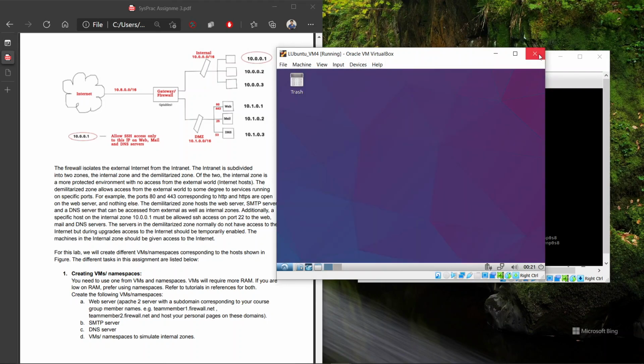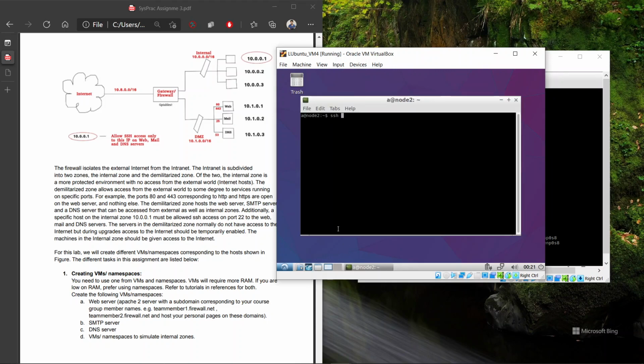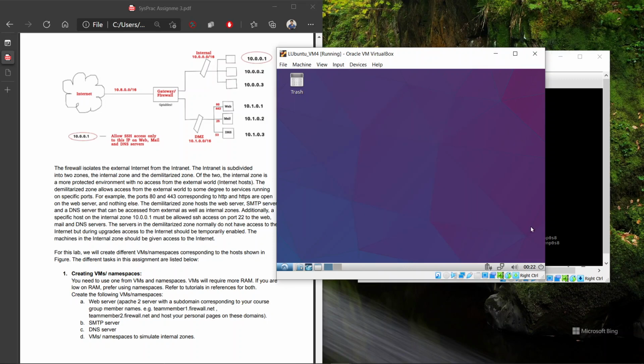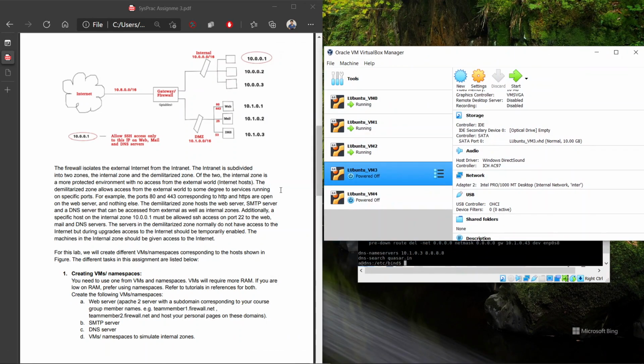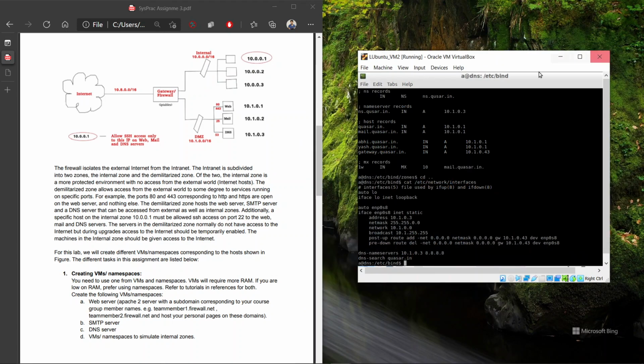They all are working. Now let us try to SSH to our server qsar.in. As you can see, the connection is refused here. So we would try the same thing from node 1, because node 1 is 10.0.0.1 and we were expected to be able to SSH using it. Let's see whether that happens or not. Before that, we would close this and start our VM3, which is internal node 1. I couldn't start all at once because my RAM is a little less.